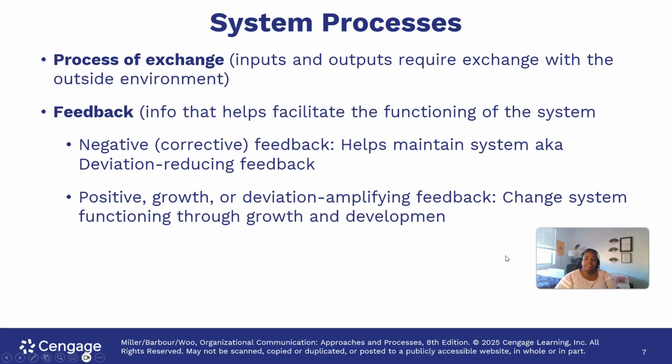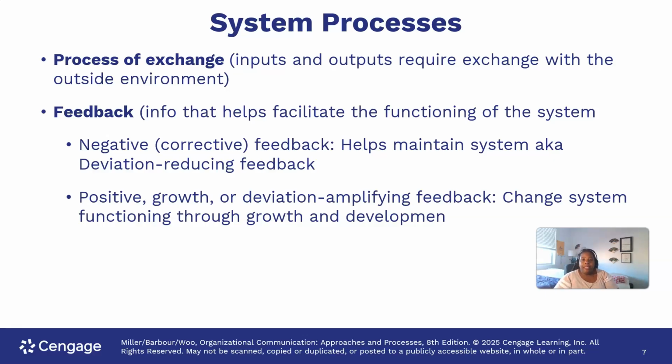All right. So to dive into feedback a little bit more, negative or corrective feedback helps maintain the system via deviation reducing feedback. So for example, say someone says the wrong information, not necessarily reprimanded, but then someone corrects them and says, hey, here's the right information to share with others. So that's the feedback that is correcting a problem or just making sure that the system or the organization or the exchanges with the organization